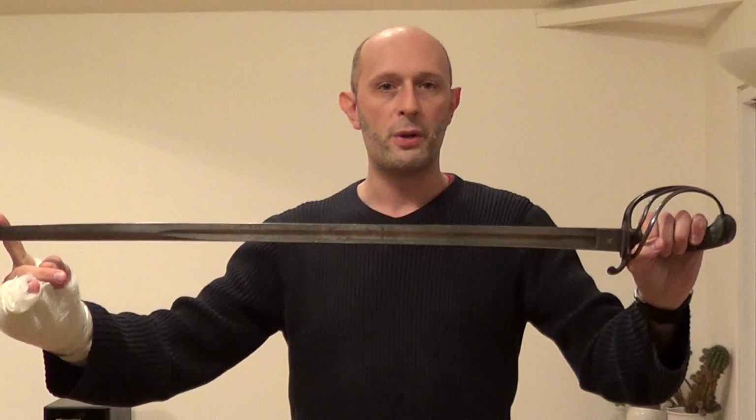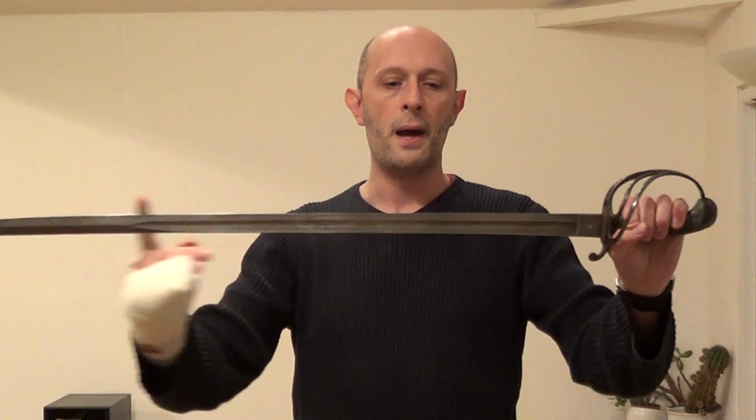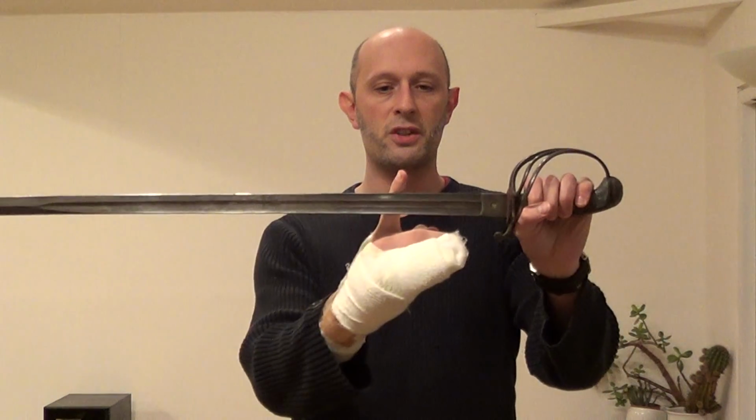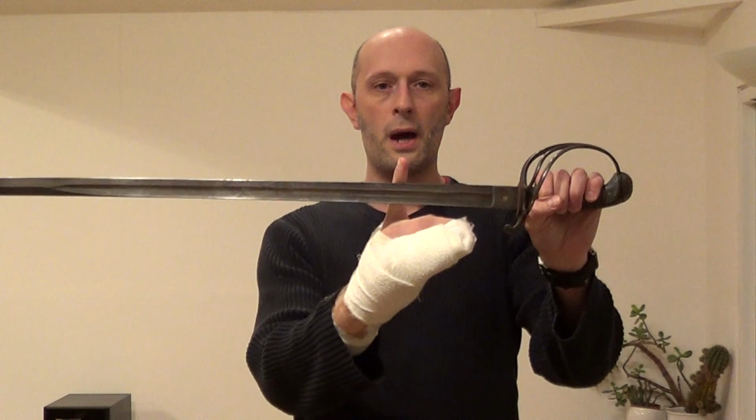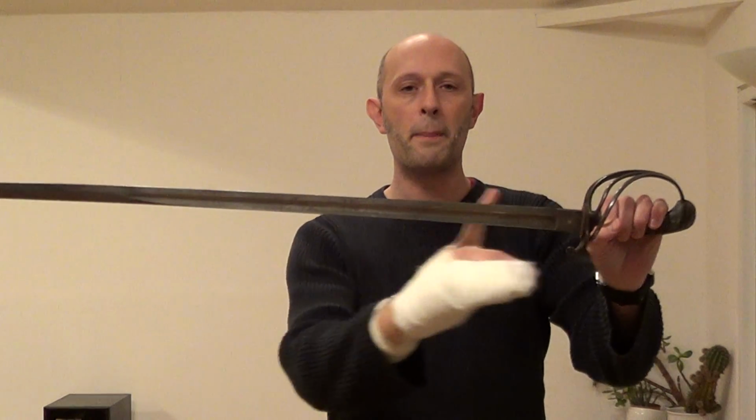And what's interesting is that, and this is not just true of Britain, but also France, Prussia, Spain, Italy and so on, most military swords in the 19th century are only usually sharpened from about that point upwards. And in fact, I own antique examples which have been sharpened only from about there upwards. So they're sharp where you're going to be cutting, and they're sharp where you're going to be thrusting, and where you're going to be parrying, they are blunter. However, that's not always true,